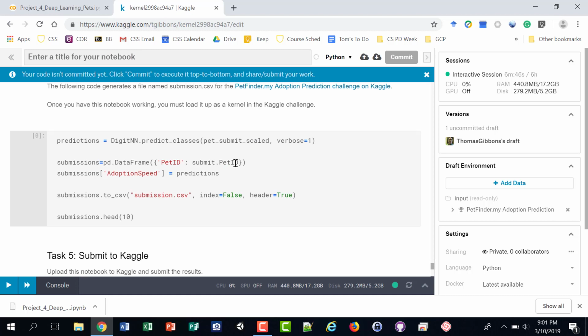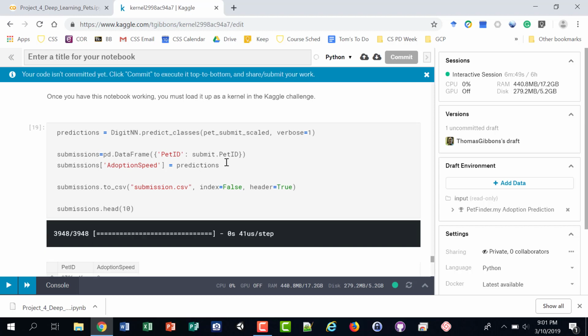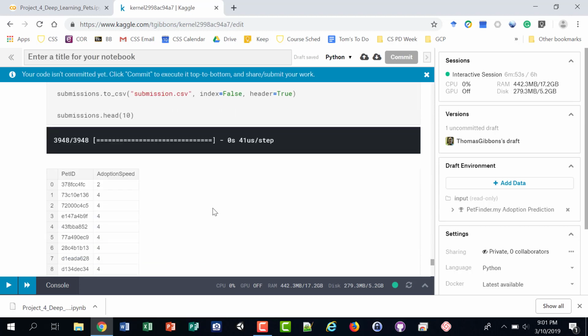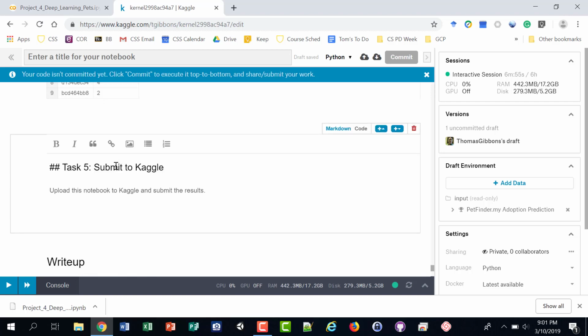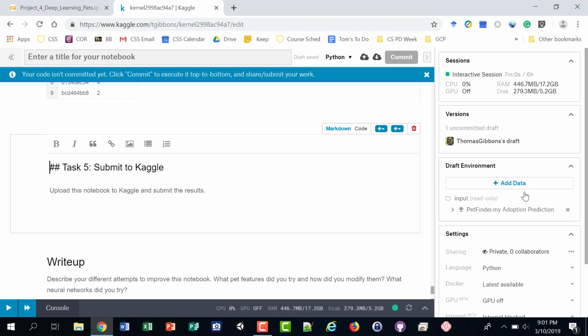Now here we're generating our predictions. So we generate the submission called submission.csv. And so once we've done that, and it just shows this, we're ready to submit that to Kaggle. And so we can just go to,